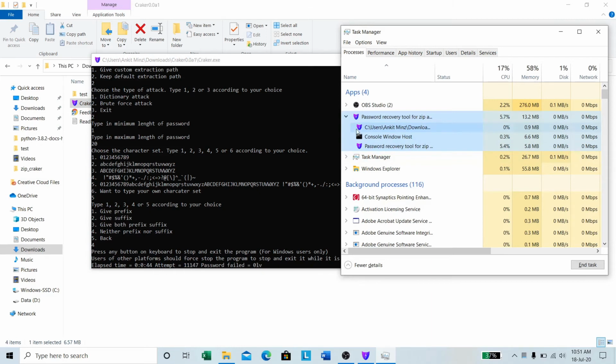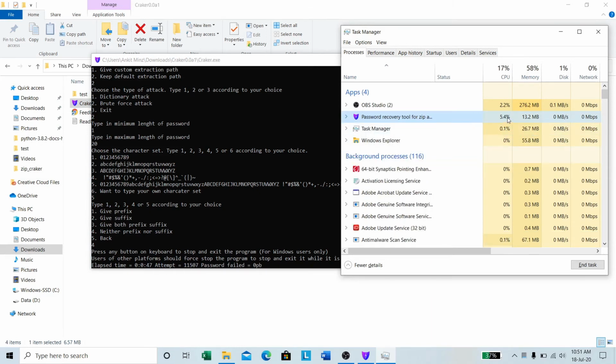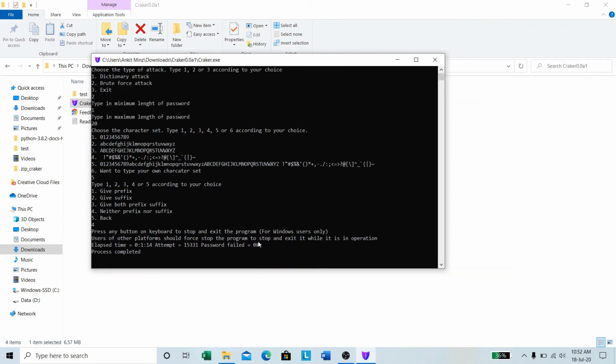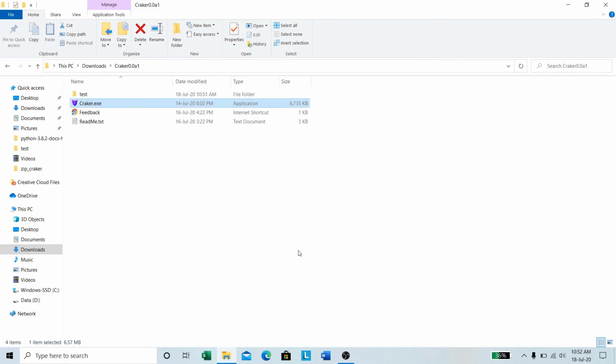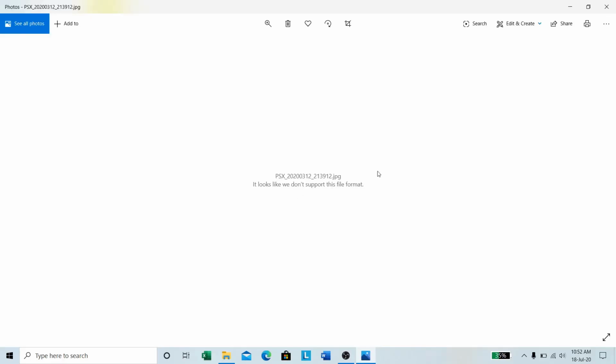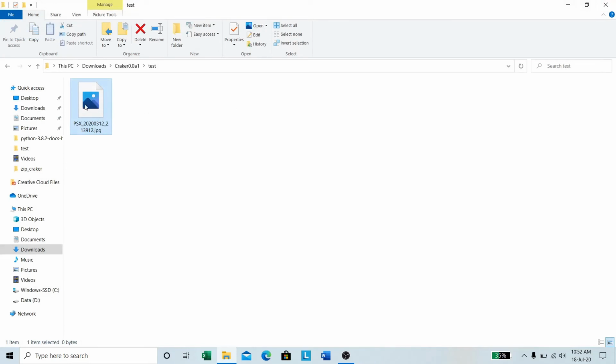All this stuff is going on. CPU usage just 5.4%, memory usage just 13.2 MB. Pretty sweet. Now let's press enter. Password failed, but process completed. Wow. It will still appear here, but nothing would be there. Just some corrupt files which you must delete.